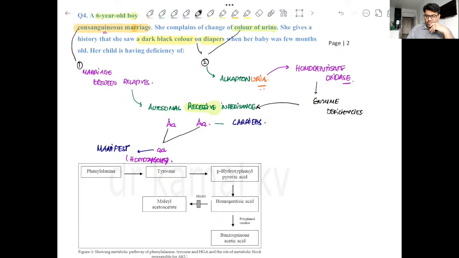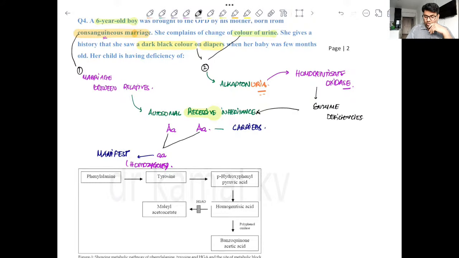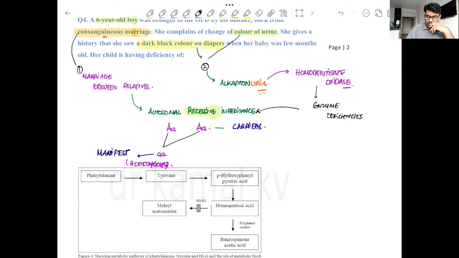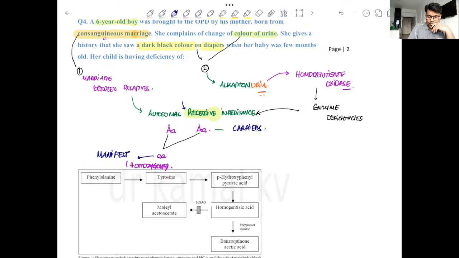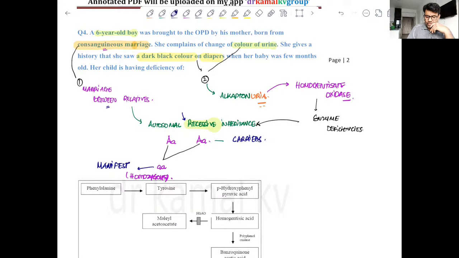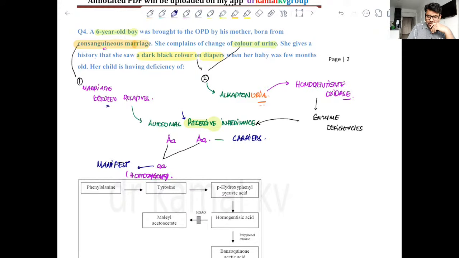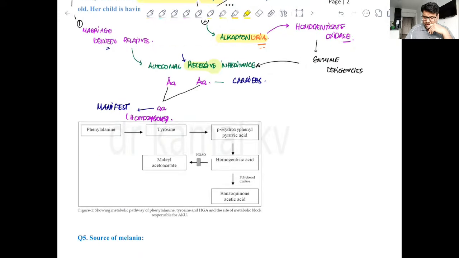Clear? So Alkaptonuria, Phenylketonuria, all those conditions will have an autosomal recessive inheritance, and therefore consanguineous marriage is a risk factor. Anyway, for the questions, the moment you have any option like dark color urine, the answer has to be